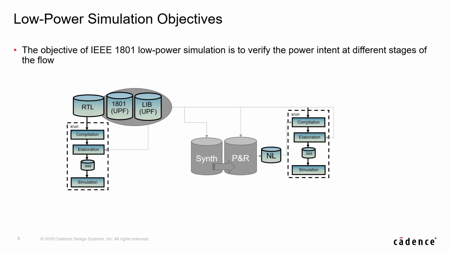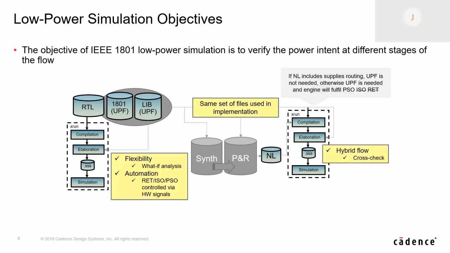in order to check that you are still going the same way. Meaning that your netlist may, at this stage, not have the routing. So you may use the 1801 file output from the synthesis to provide the electrical supplies to these cells. But it's also a way to use a hybrid mode, meaning that we're going to check on the fly that what you've got in the netlist is fitting with what we were expecting. Let's say, for example, you've got an isolation strategy where you expect specific isolation cells to be put on this net.